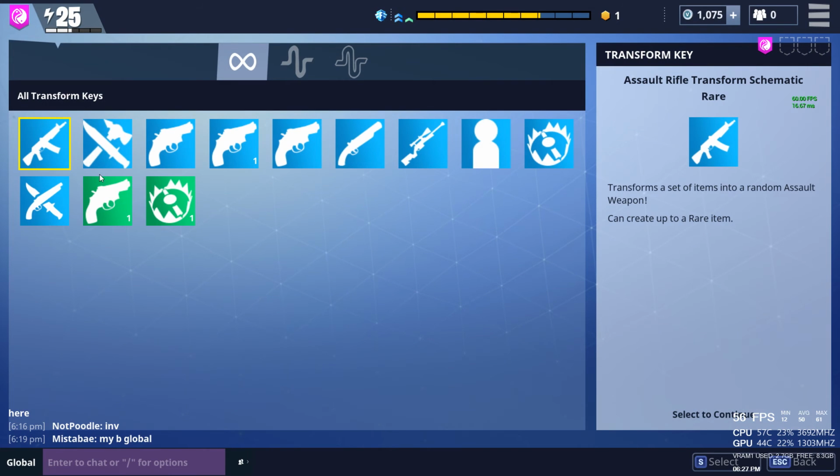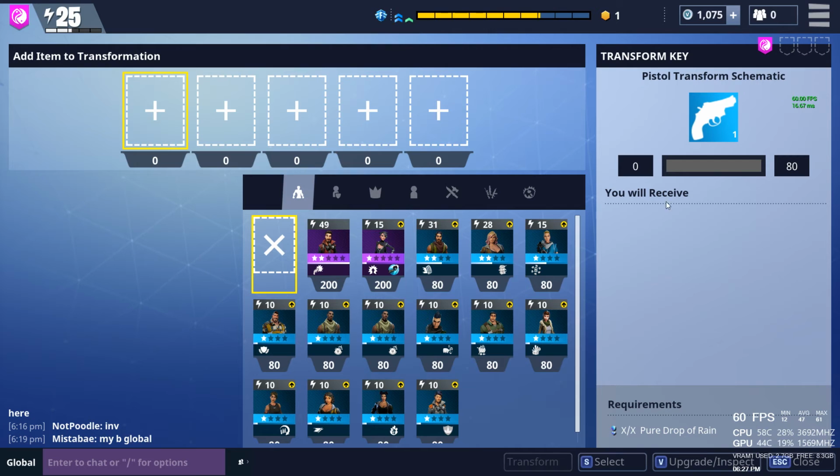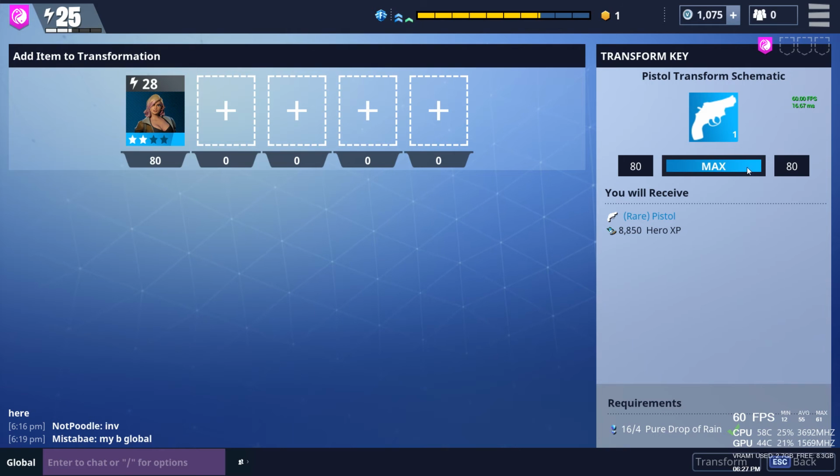And transform. This one's interesting. So this seems to be the alternative to the in-game cash store. You can pick a transform schematic, then select up to 5 items, and you need to clear that many points. So if we were to basically sacrifice that, we would get a random rare level pistol and that much hero experience at the cost of 4 pure drop of rain, which is